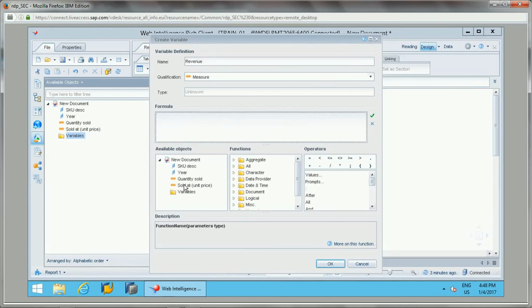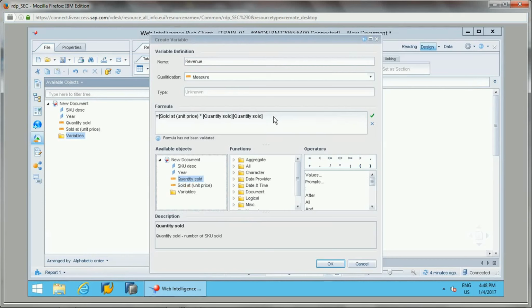So we will take the price at which it has been sold multiplied by quantity sold. So what I did is use a formula where sold at unit price is multiplied by quantity sold. For this I'll just verify.